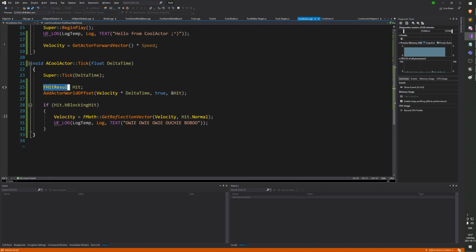All right, so this FHitResult has the normal of the hit inside of it. So if it is a blocking hit, then this normal will be set to what the impact normal was. So now we're setting velocity to be the reflection vector